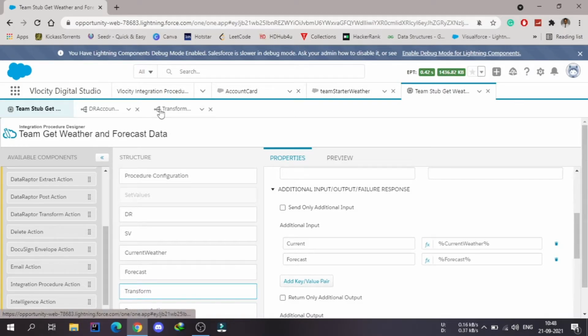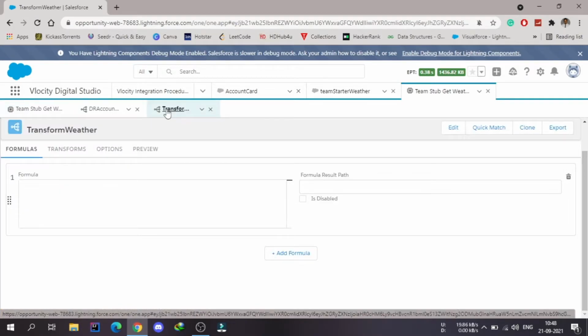First of all, it will go into the transform. Then that data will be available inside this formulas. Whatever we pass from this integration procedure will come inside this formula first, then it will execute this formula. Whatever transformation we have done using the formula will be executed first.